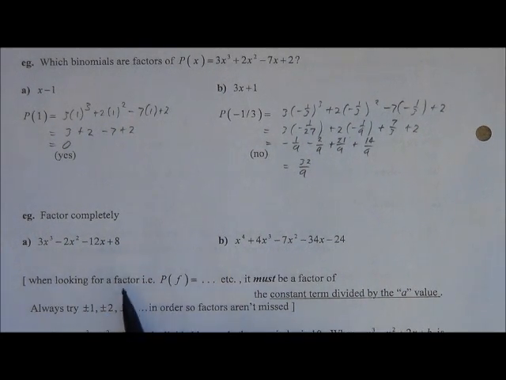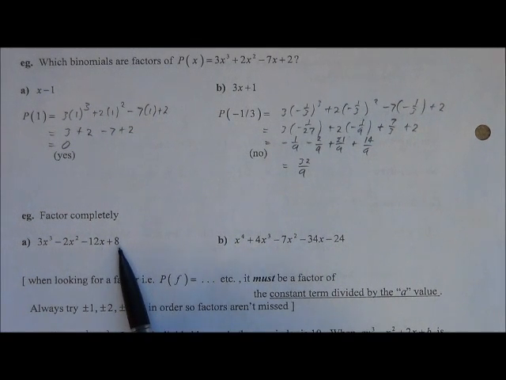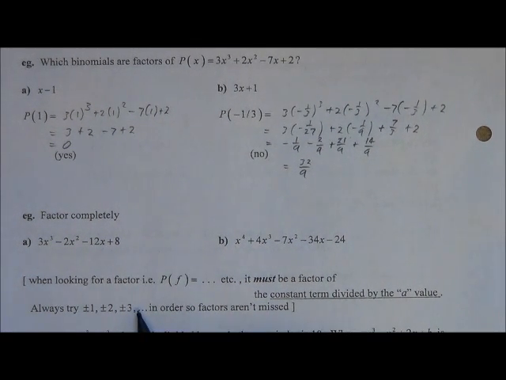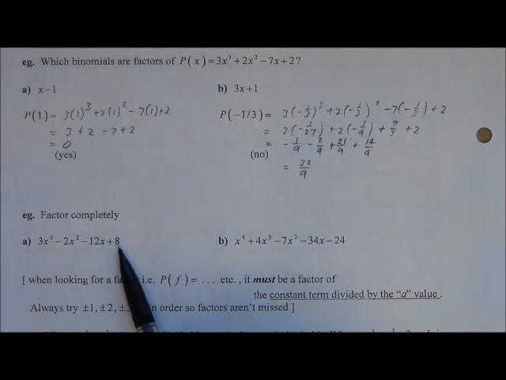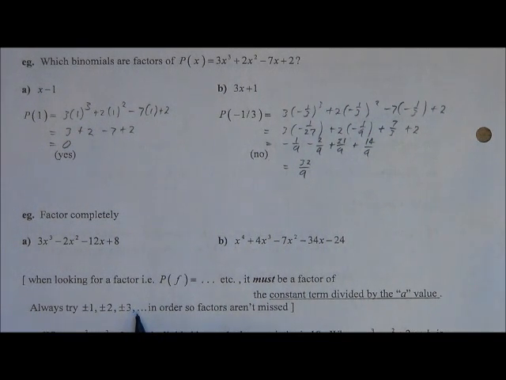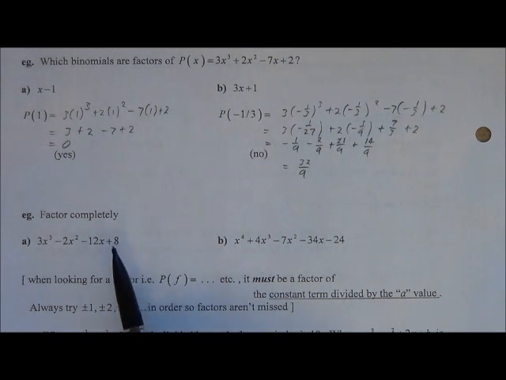In this case, positive and negative 3 will not work because they're not factors of 8. You would then skip over to positive and negative 4, and then you're finished. Those are all basically the factors of 8. I mean, you could go up to positive and negative 8, but if you haven't found the factor by the time you get up to positive and negative 4, then chances are you won't get a whole number or a whole integer factor. What you would then have to do is you would have to do positive and negative factors